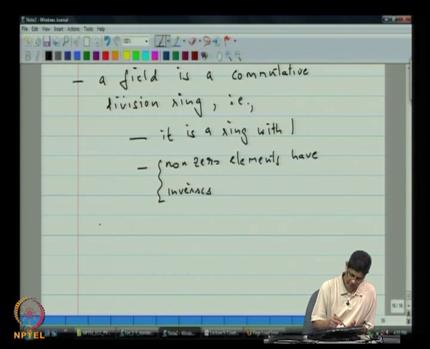So, as a result of this, we have that in a field